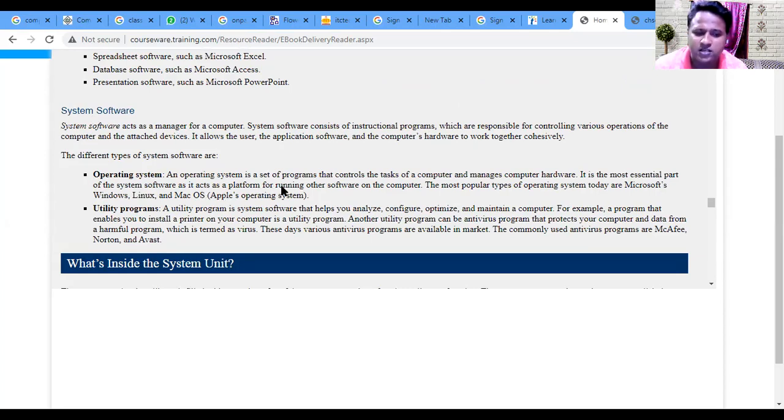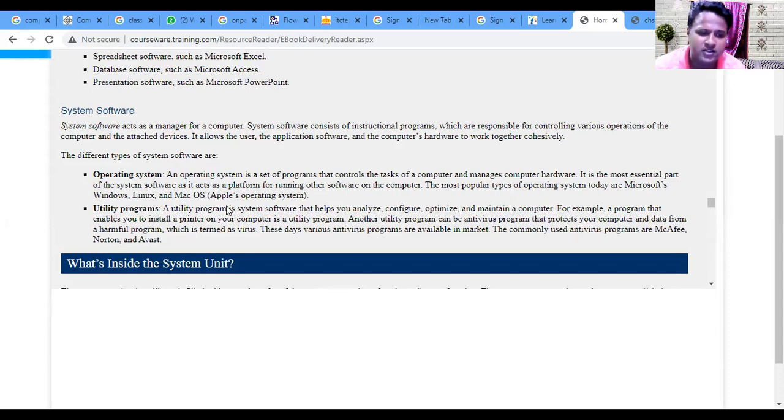An operating system is a set of programs that controls the tasks of a computer and manages the computer hardware, such as peripheral hardware like your keyboard and mouse. It is the most essential part of system software. It acts as a platform for running software on the computer.